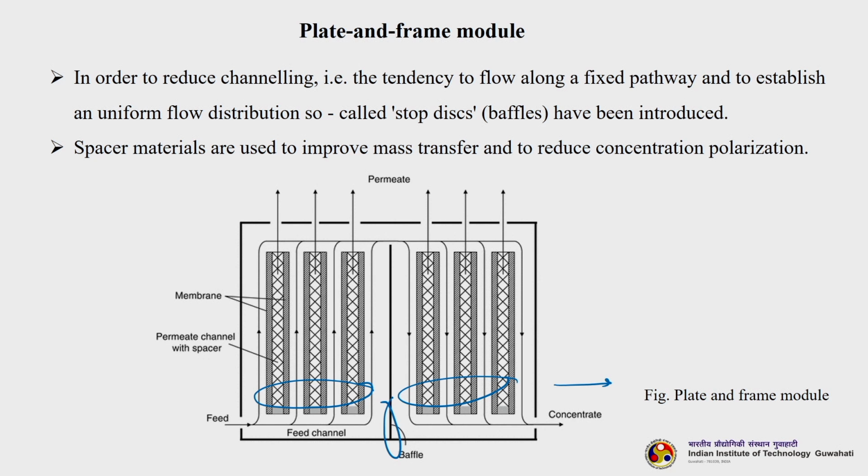You can see how the flow is happening. Feed is coming here, and then it is entering here, here and here, and again it is getting circulated, then coming to the second compartment. Again the feed flows through from the top, and we get the overall concentrate or retentate here, and we will get the permeate here. This is the permeate channel. These are membranes. What you are seeing in the cross section is the permeate channel with spacer, the place for the permeate to flow through.